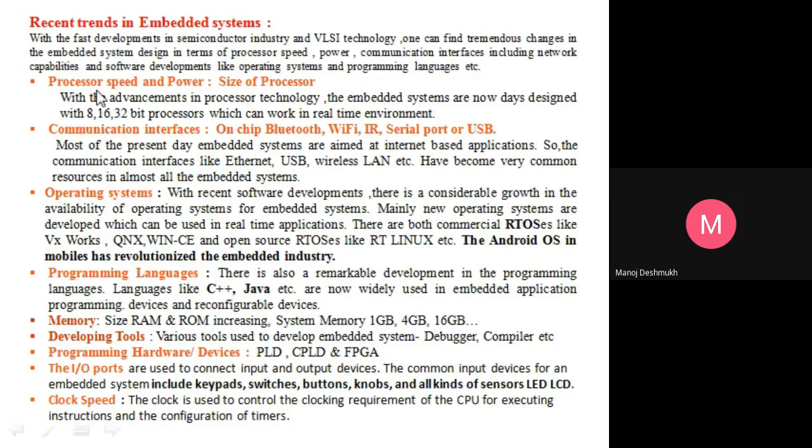Also if we see the examples of mobile phones or air conditioners or washing machines or microwave ovens or digital cameras, so see, lots of examples are there.